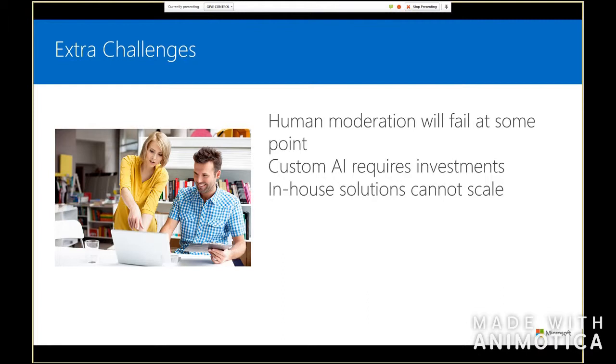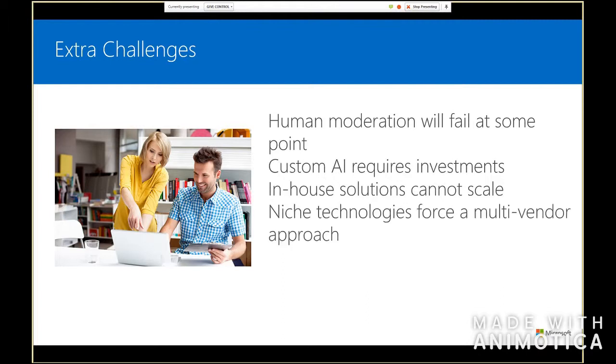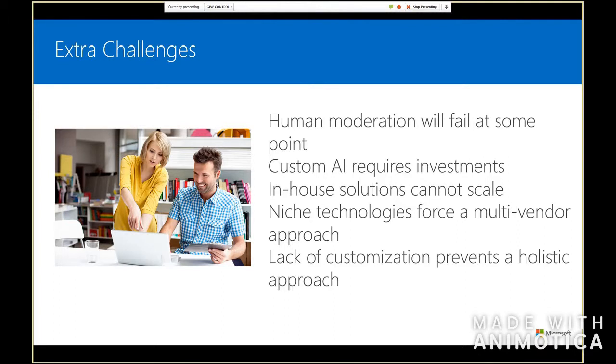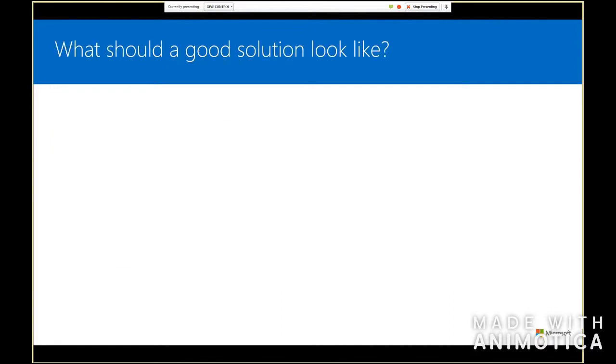It's another challenge if you're trying to solve things at home, in-house. You may find some niche technologies, a small vendor, but he won't deliver you an end-to-end platform for your solution. And lack of customization will prevent a holistic approach.